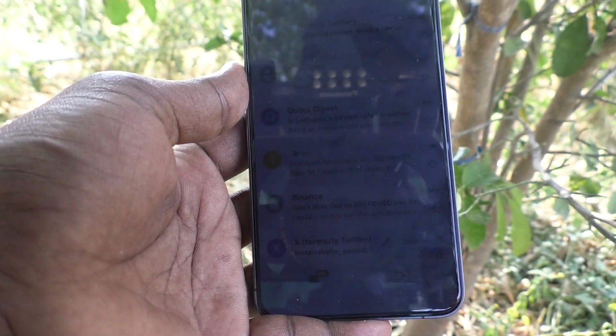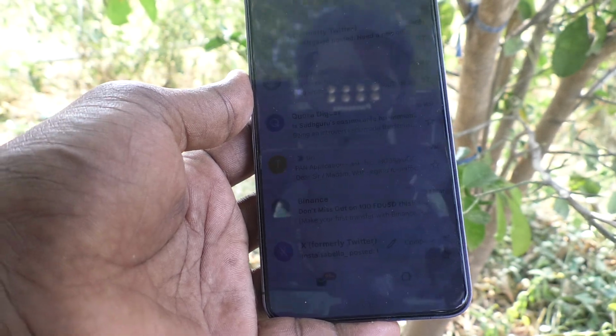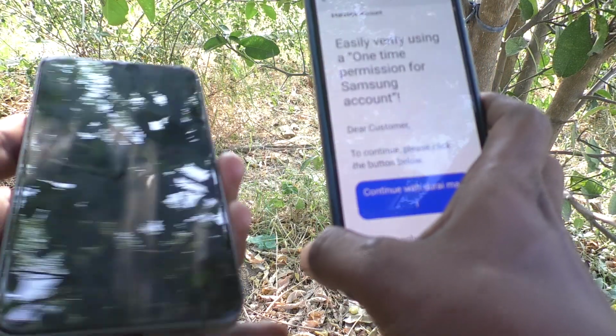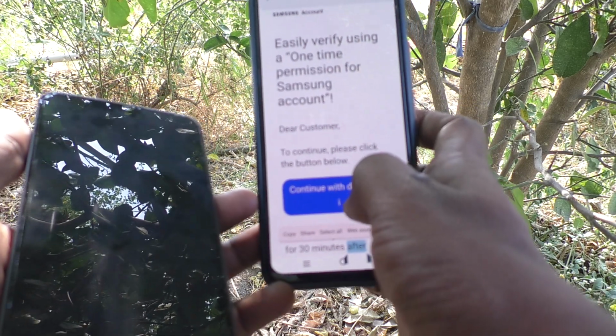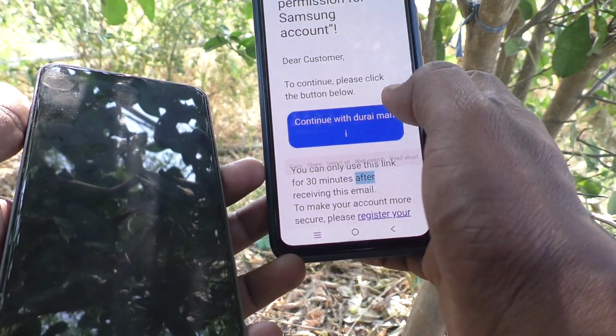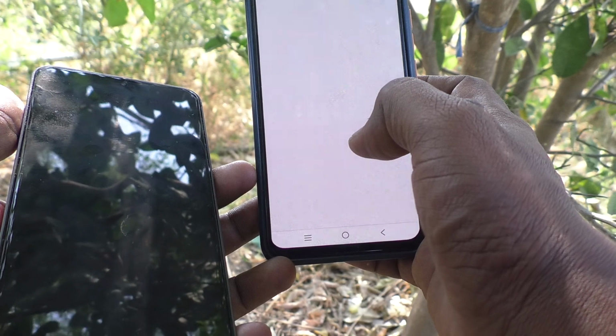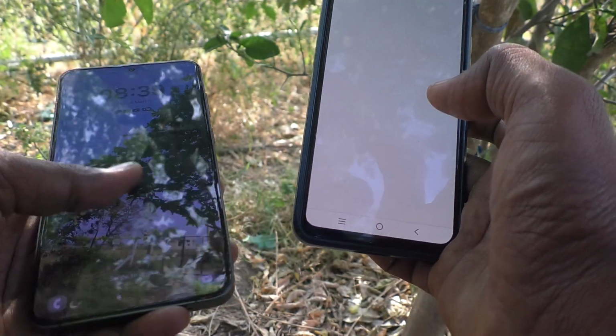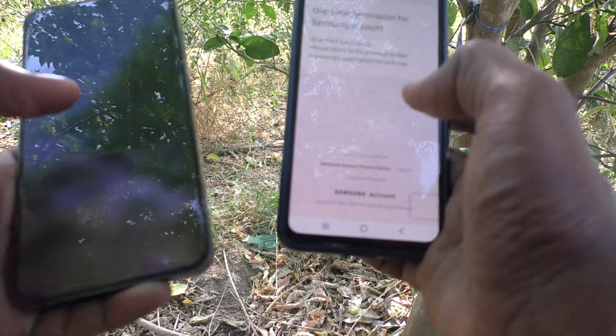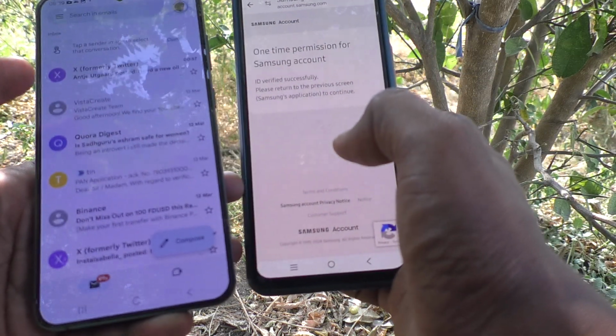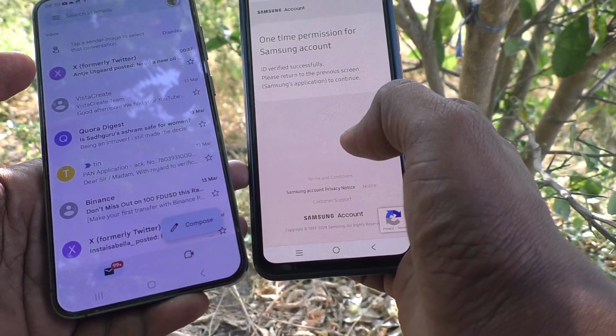and you have received email. Yes, I have received email here and click on continue with and yes, ID verified successfully. Please return to the previous screen